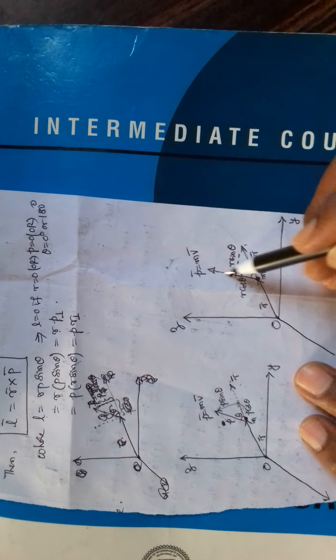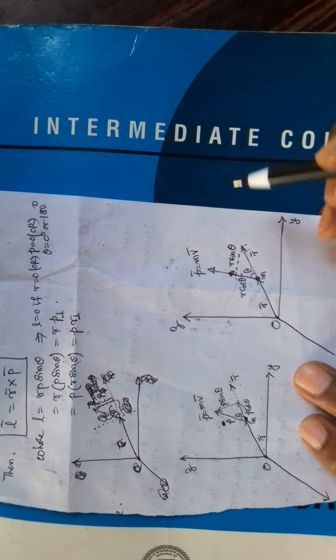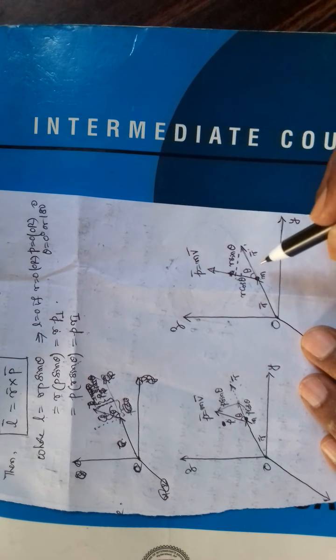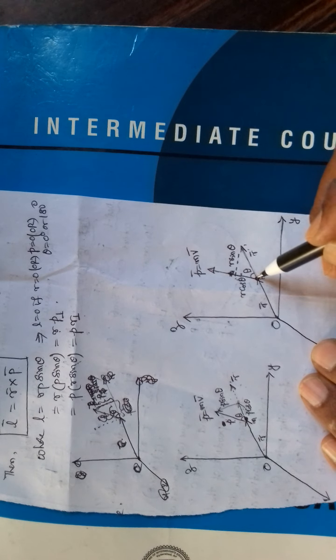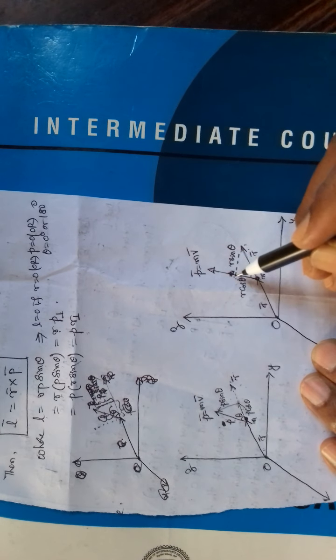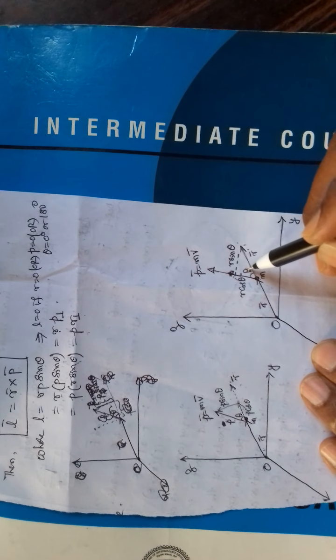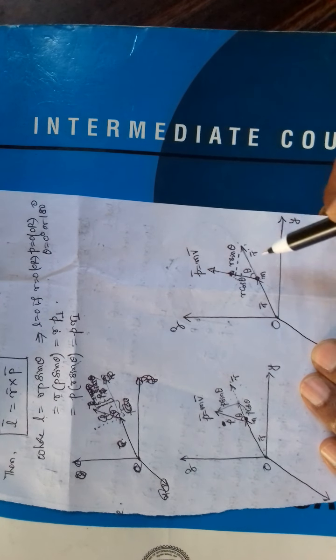Now this is the momentum vector, the angle between momentum vector and r is theta. Now see here, let us draw a perpendicular from the tip of the r vector to the momentum vector. Now you got a right angle triangle. This is theta. Adjacent to theta will be, since this is